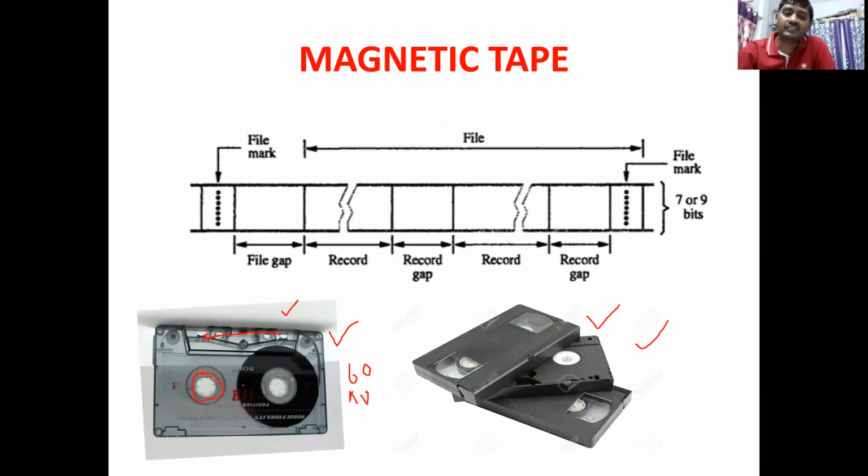Suppose you want to listen to the 6th song, then there are two options. You have to forward it using the fast forward button. You need to wait until the tape moves a particular amount, then you check whether the sixth song has come or not. If the sixth song came, then you can stop and play, then you can listen, right? Or simply you have to wait until the 5 songs complete, then the 6th song will come. That is at the 25th or 26th minute onwards, depending on the duration of the song. That's why it is called serial access.